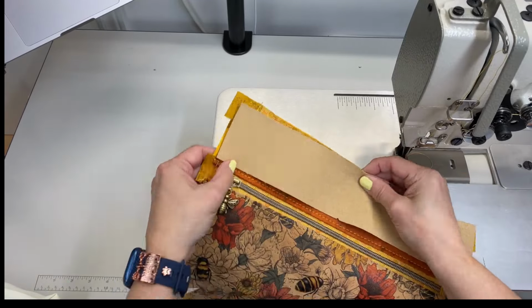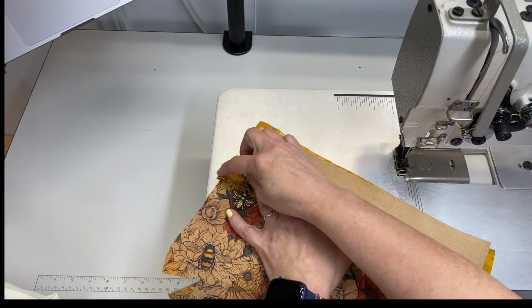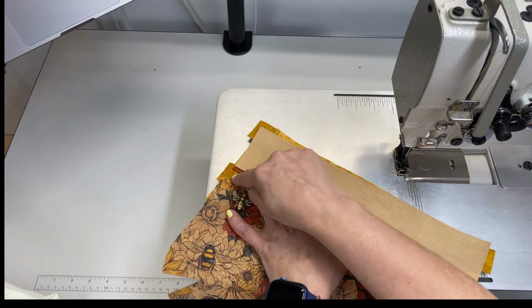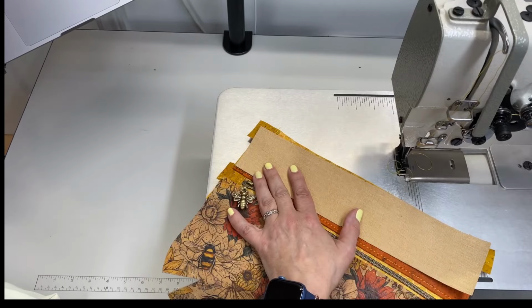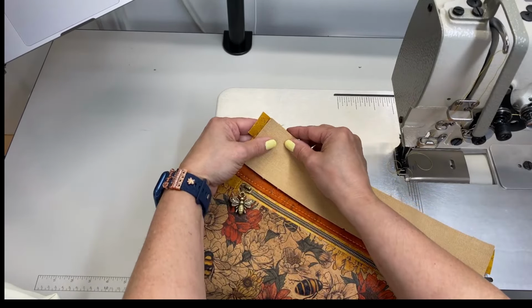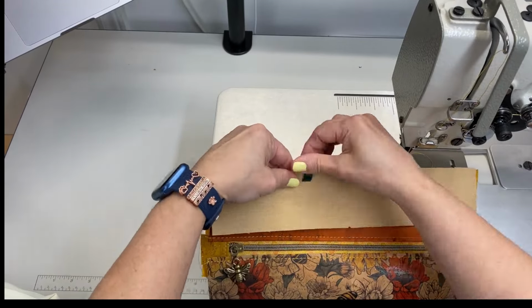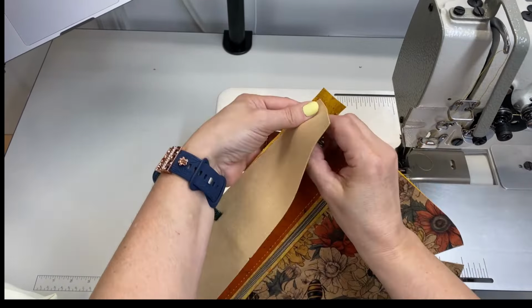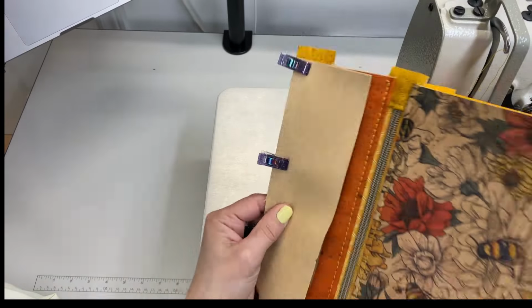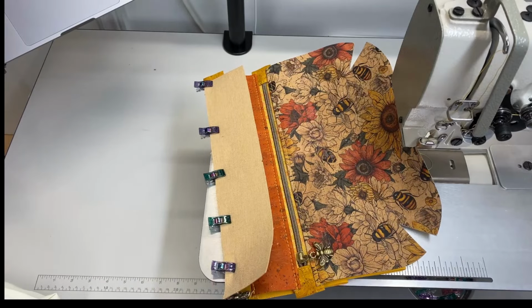When I'm adding these, I want these sides here with the previous pieces to match. Not so much the tabs, because as you can see, my tabs extend. But we want to make sure that these edges are lined up as close as possible. So I'm going to clip it there. I'm going to zip up my zipper again. All right, it's all on, and now I am going to sew along this edge with the 1/4 inch seam